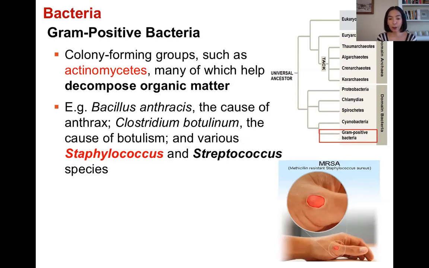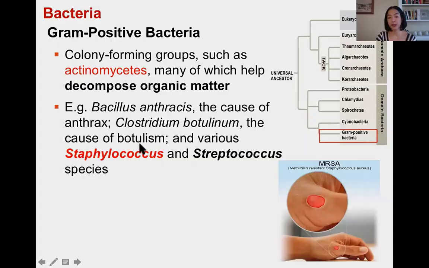Some of them, we have seen them and talked about them before, such as the Staphylococcus aureus or Streptococcus. And this is the flesh-eating bacteria that you might remember from our classes before. Other examples are Bacillus anthracis that causes the anthrax disease, or Clostridium botulinum,